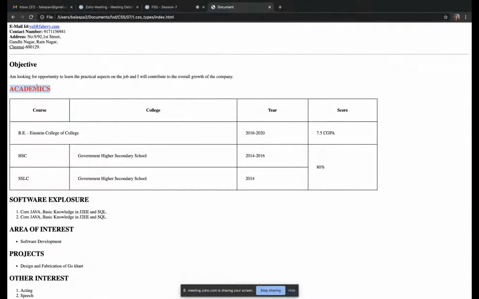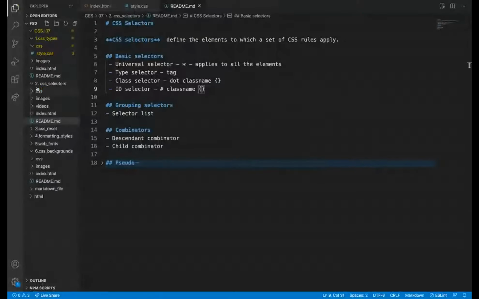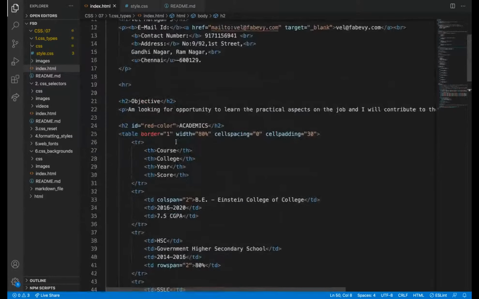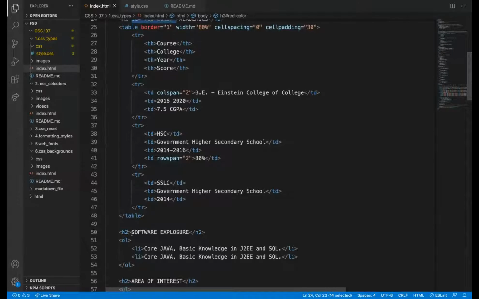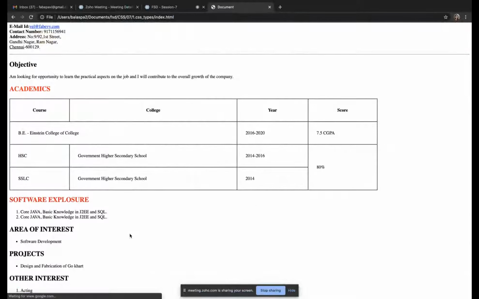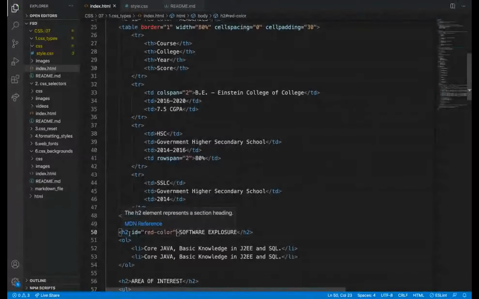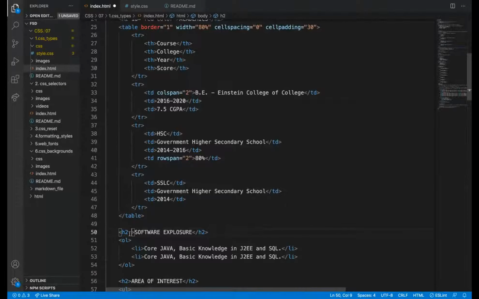So only to academics I have given, because ID we should not copy in all the places, because ID should be unique. If I copy this and then add it in the H2 here also, then it is wrong. It will apply, but we should not do it. As per CSS rules, wherever this ID is there, it will add color, but ID should be unique, we know.